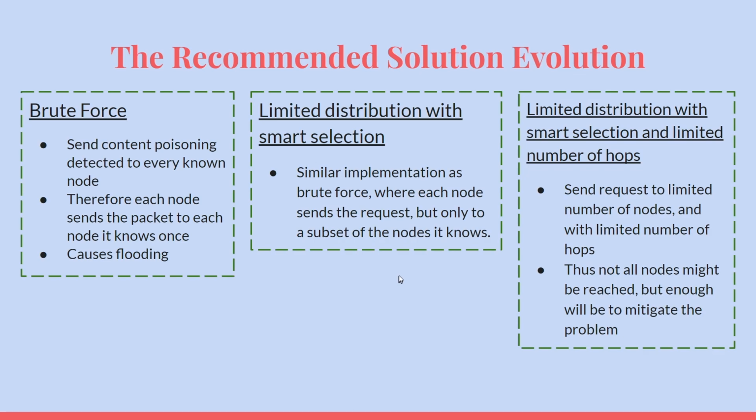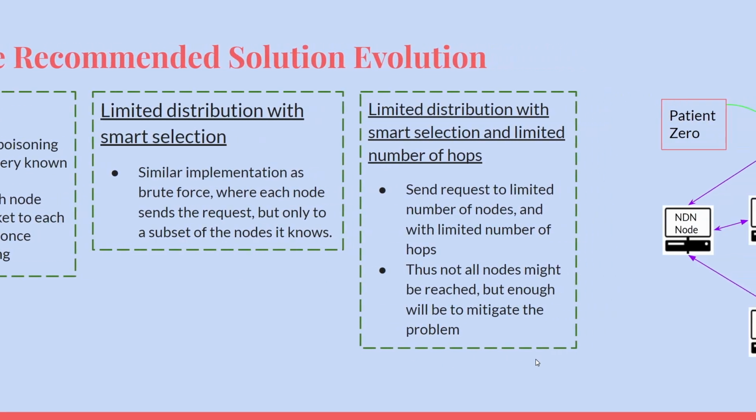And the next step in the evolution is the same as the previous method, however now we include a limited number of hops. This will ensure a greater certainty that each node that is affected gets the cache flush packet, and it will also exponentially limit flooding and time wasted on the process. Finally, the last step would be the server can take over the process, since they would be notified of a malicious actor. If any router is still unnotified, they can be helped.